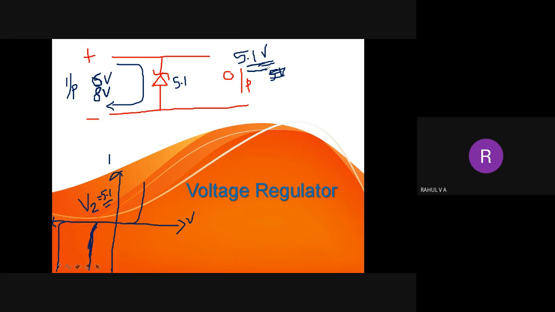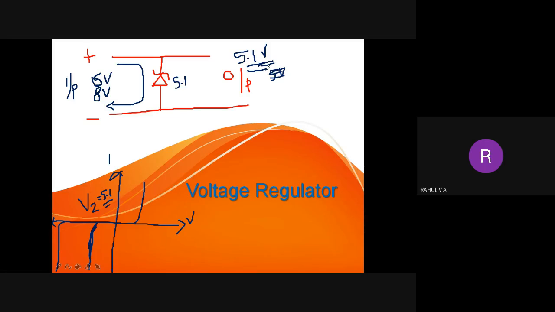That is how a Zener voltage regulator will work. But the problem is, if you keep on increasing the input voltage, the current through the Zener diode will increase and finally it will damage the diode. It has a maximum current limit which it can withstand. When the current through the Zener diode goes beyond that, the diode gets damaged, so it will not work.